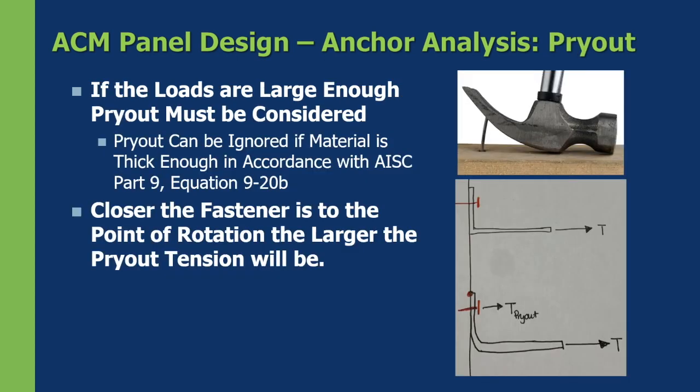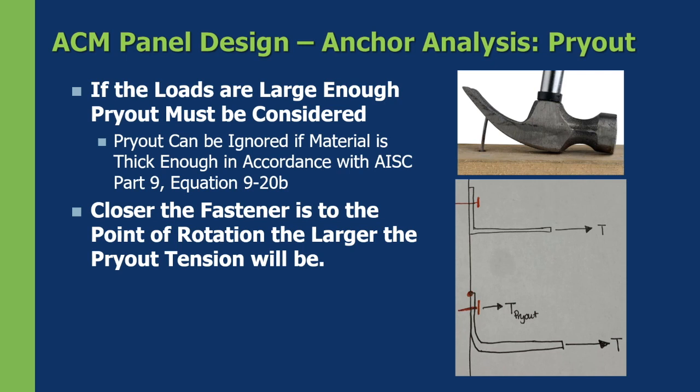One of the biggest headaches I get on projects is pryout of fasteners. If your tension load is high enough, it will cause the fasteners to pull out of whatever substrate we're going into, the majority of the time cold form steel studs. And similar to a hammer, you have a point of rotation, a point where you're going to rotate and pry out. In the sketch below, it's that red dot. And essentially, the tension load is going to take that angle and rotate it about that dot. And it's going to cause a tension load on that